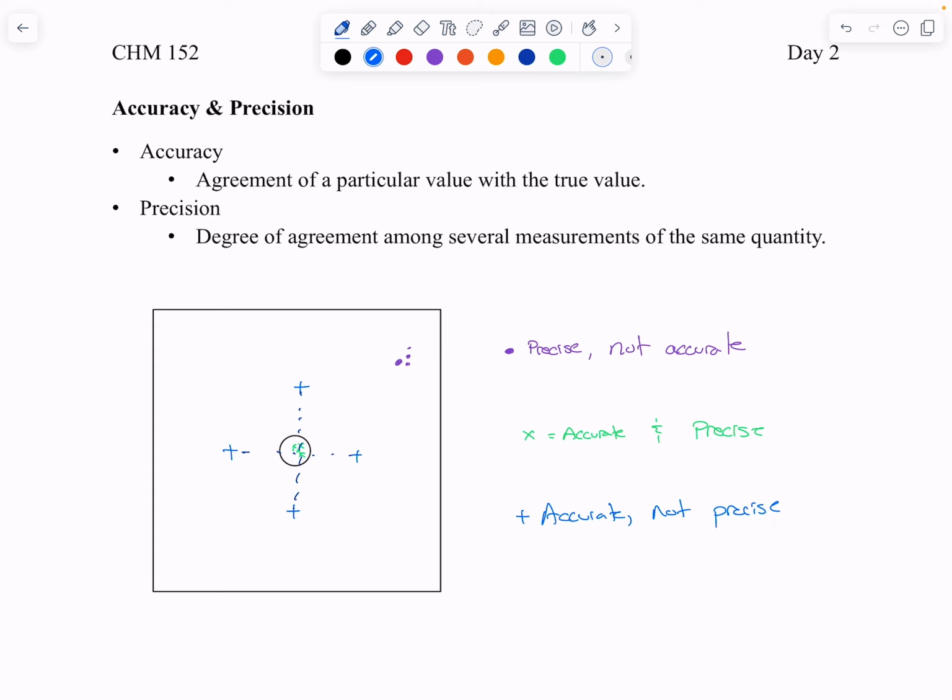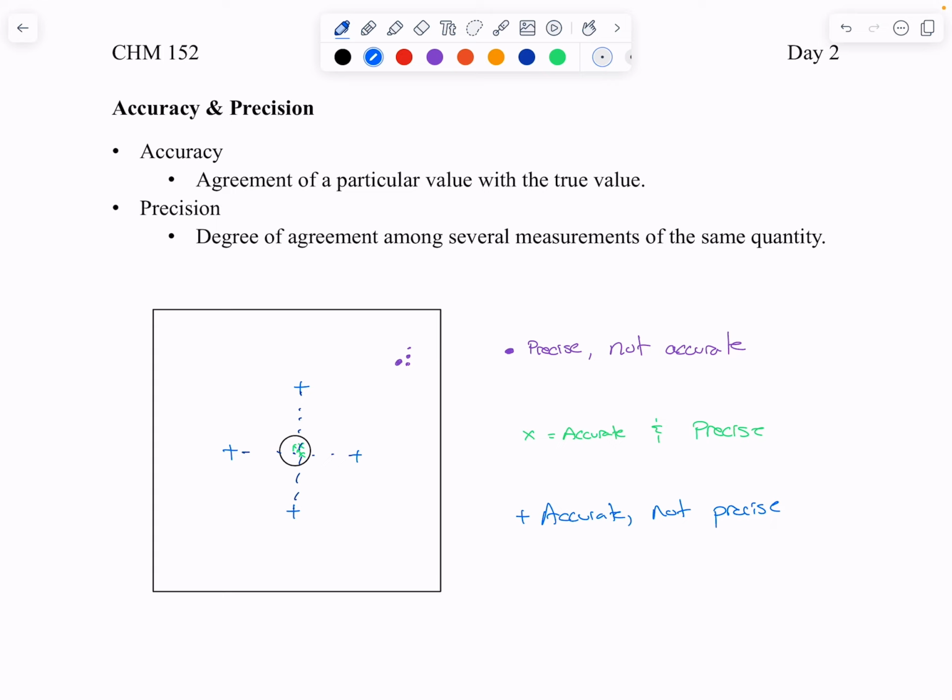Now, how close does the 500-pound bomb need to be to make the kill on the bad guy? Well, it doesn't have to be that close, right? It can be off by several meters, and that's probably going to be fine. However, the scout sniper, how off could he be in his shot? Well, if he's off by a meter, he completely missed, not even close, right? So usually when we try to get more and more precise, accuracy gets more and more fuzzy sometimes, just because of when we're talking about measuring.